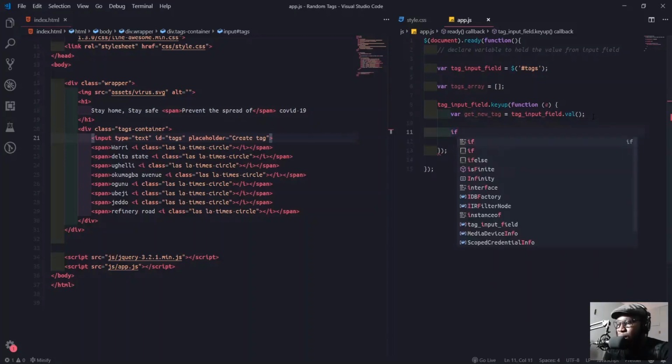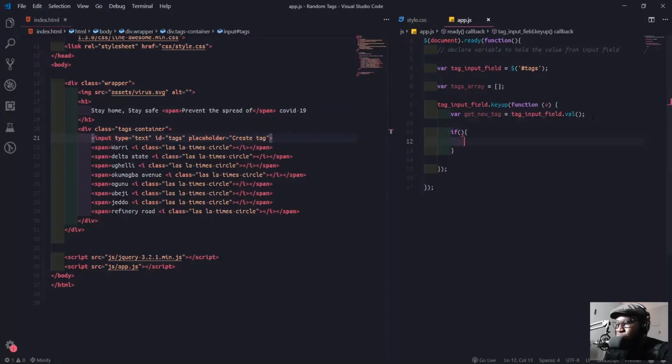This function keyup listens for anytime we press any key on our keyboard. If we press A, if we press space, if we press tab, it will trigger, and we don't want it like that. So we'll just say the if now.